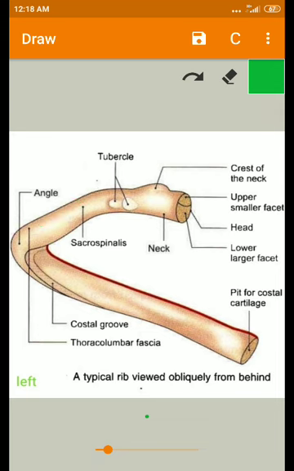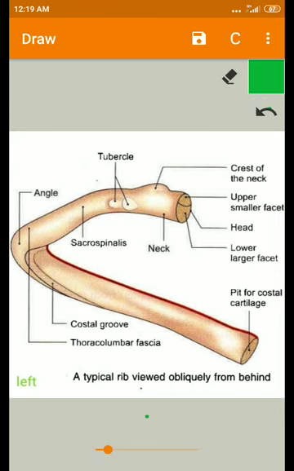You can see here that in between two ribs there will be intercostal spaces. So the intercostal muscles are present in between the two ribs. We have 12 pairs of ribs, with intercostal muscles up to 10 pairs. These small muscles between two ribs originate from the above rib and are inserted on the lower rib. That is what we are seeing now.